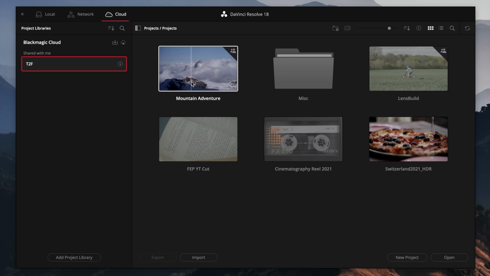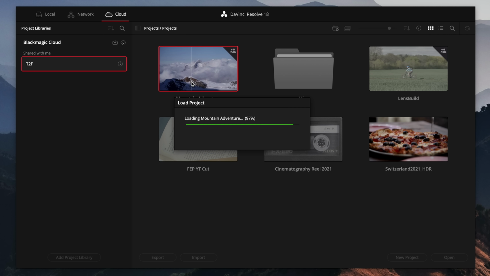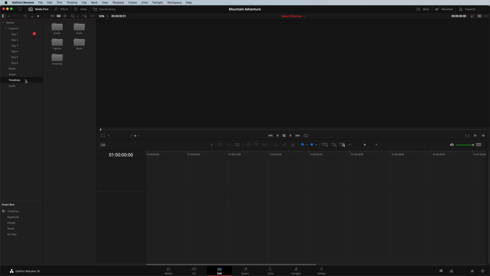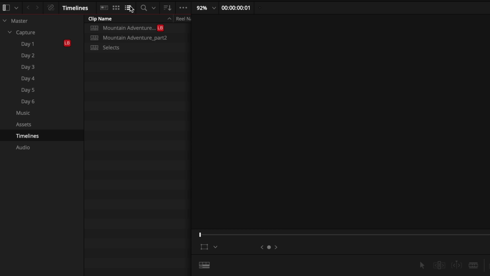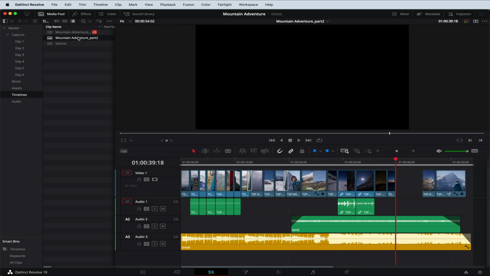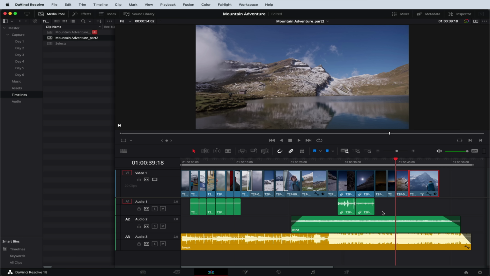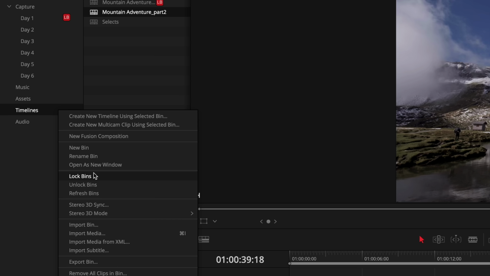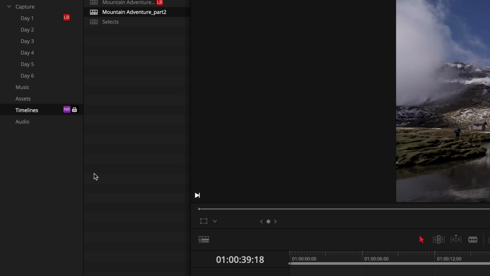Let me show you how this works. Here, you can see I've opened a project that's hosted on the Blackmagic Cloud. There are two timelines in the same bin, and multiple editors are working on timelines in this bin. My colleague is editing on timeline 1, and even though we are both in the same bin, I can still edit timeline 2. So each editor owns their own timeline, automatically only locking the timeline they're working on without locking the parent bin or the media within it. Of course, you can still manually lock individual bins to secure their contents anytime you need.